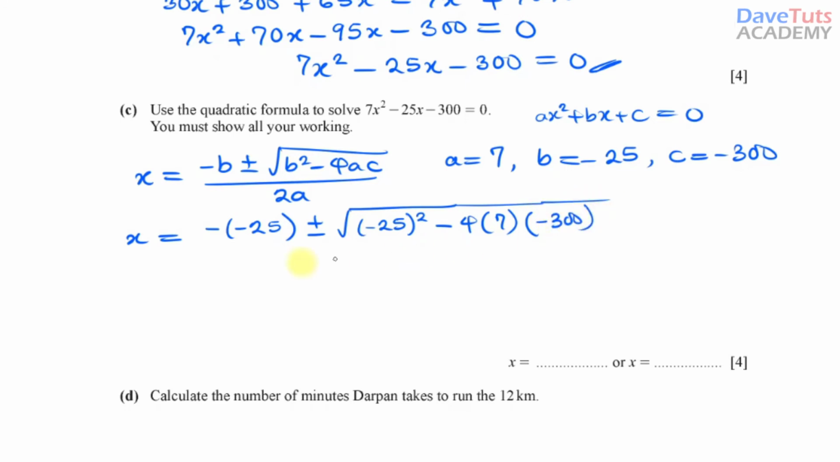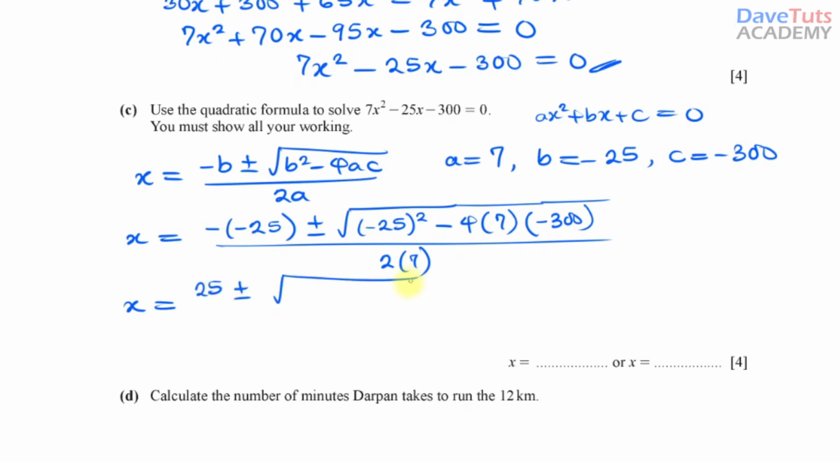Okay, so good and fine. We are dividing this by 2a, that is 2 multiplied by 7. Okay, so if you want to solve this, the x here will be minus multiplied by minus, which will give us plus. So we have 25 plus or minus the square root of 25 squared,